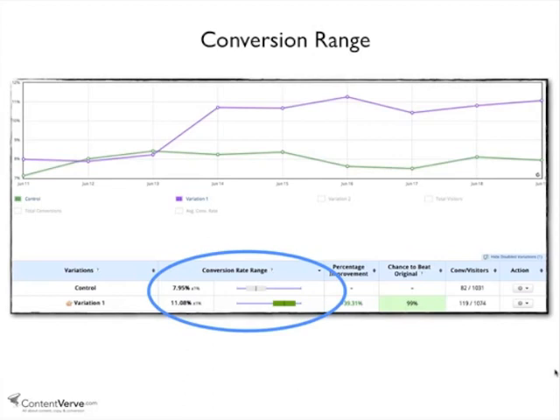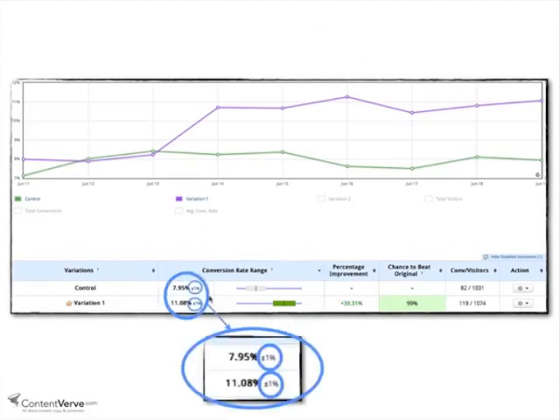Well, the conversion range shows you the range within which the actual conversion rate may lie. And you'll find the conversion rate for each variant over here in the screenshot. And so the small plus minus sign in the number you see here beside the conversion rate is what you call the standard error. In this case, the standard error is 1%, and it means that the conversion range for the control variant, for example, the control here, is 7.95 plus minus 1%, which again means that the actual conversion rate is somewhere between